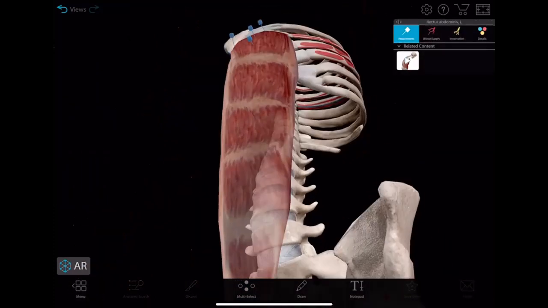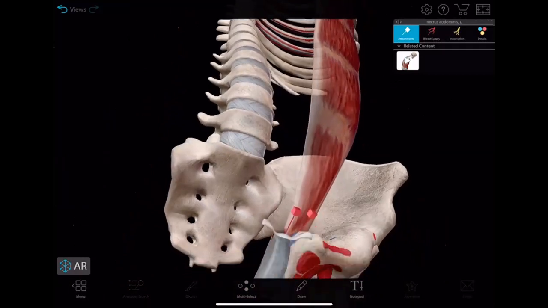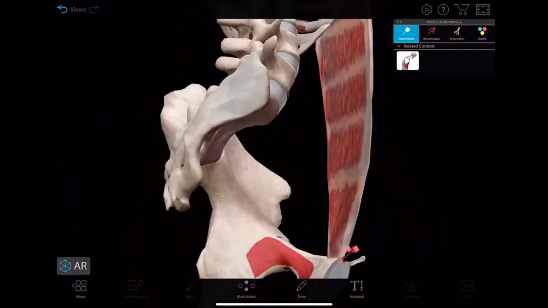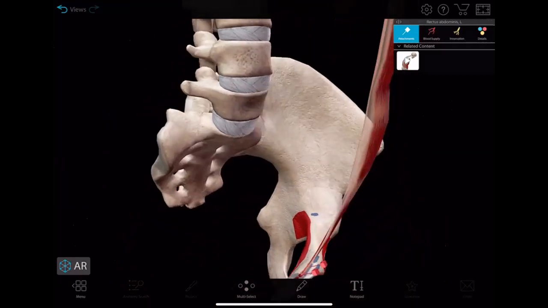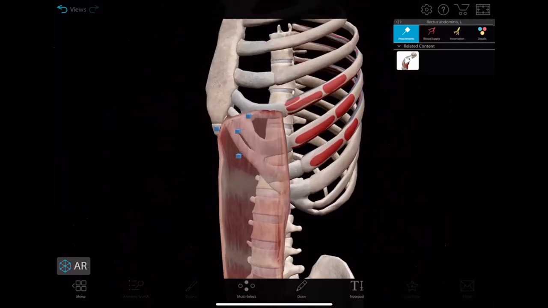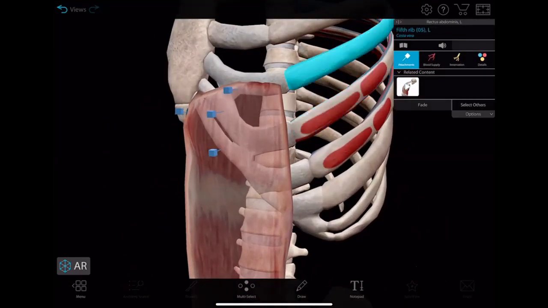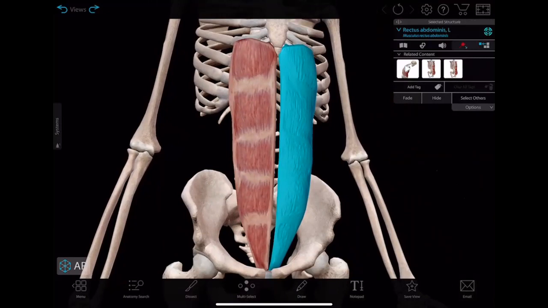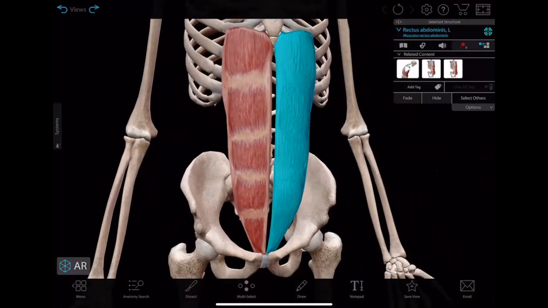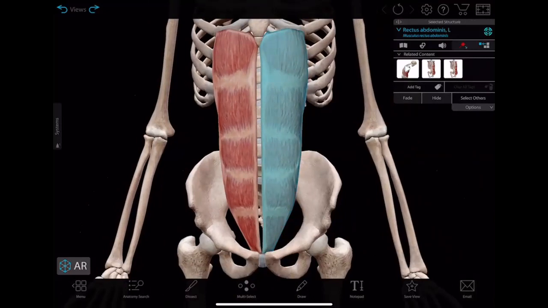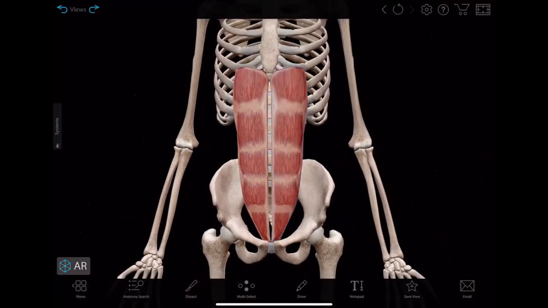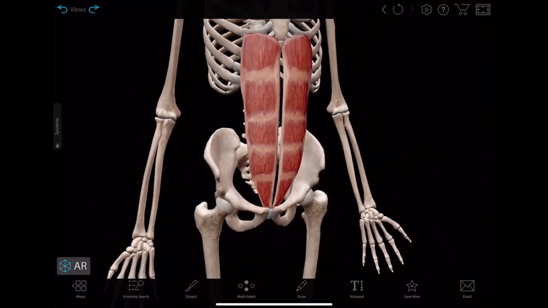Okay, you see, so this is the pubic symphysis and pubic crest. They are attached to the pubic symphysis, the two heads, right? And inserted onto the, you see, this is the 6th rib, 5th rib and 7th rib, right? Got it? Right. So that is the origin and insertion of the rectus abdominis muscle, right? You see, this is the rectus abdominis muscle.